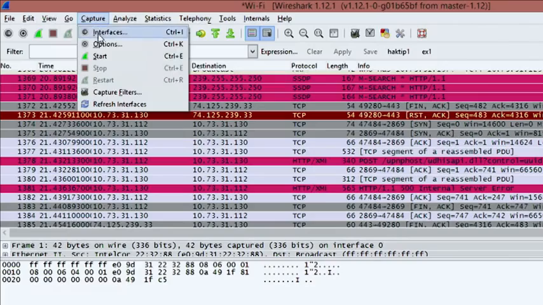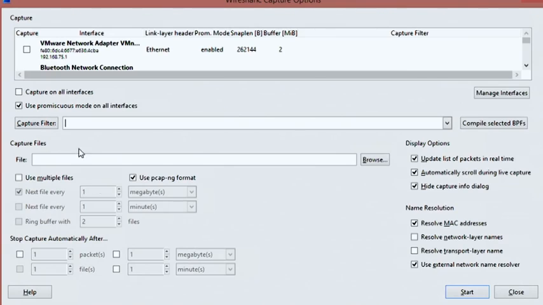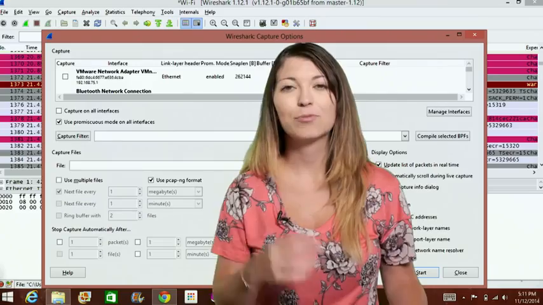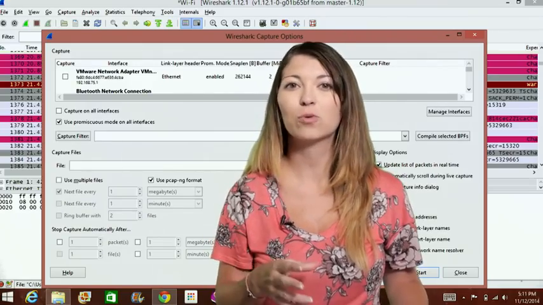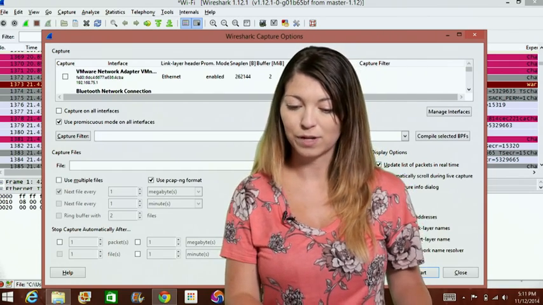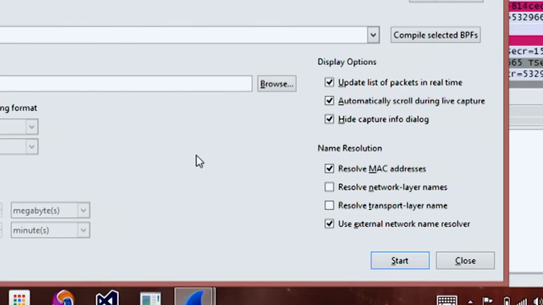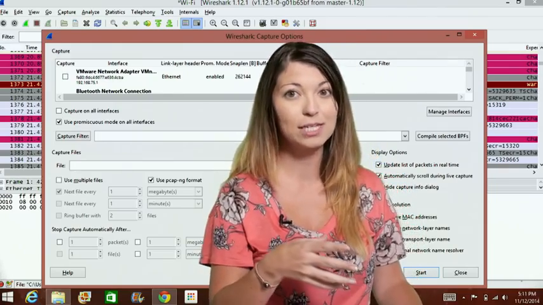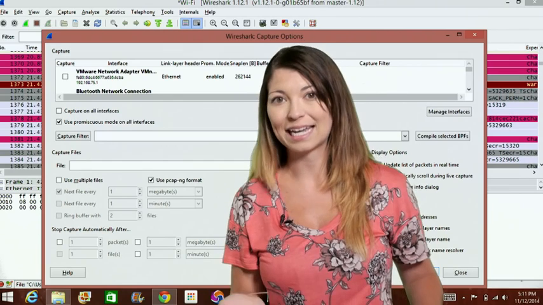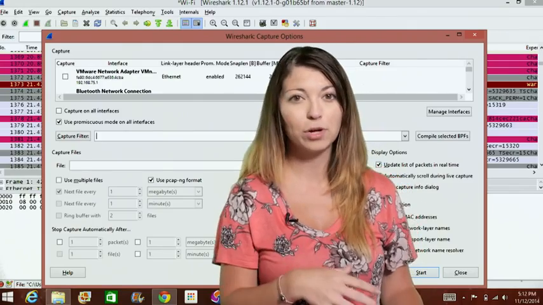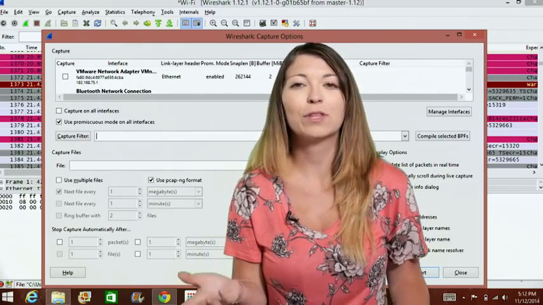So if I go under Capture and I go to Options, I'll have the option under here to actually change those MAC addresses. Now resolving MAC addresses means that Wireshark will try to resolve the layer 2 or layer 3 MAC address. Resolving the network layer names, the second option that you have, means that Wireshark will try to convert something like an IP address into an easier to interpret DNS name. And then last you have resolve transport layer names. This means that Wireshark will try to convert a port number like port 80 into whatever that port stands for,